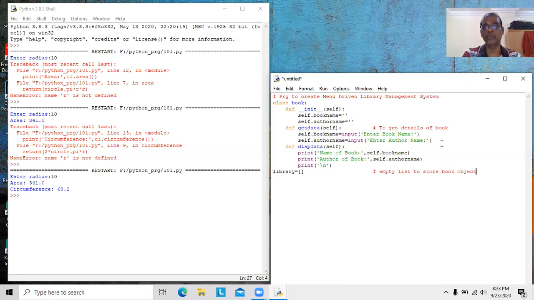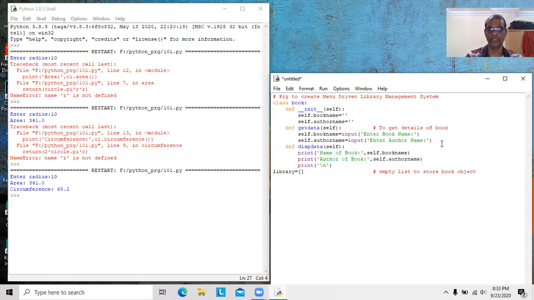While studying sequences, we learned that a list is a collection of elements of different data types. So now in a list, we are able to store an object also. Here I would like to store objects of the class book. Each and every individual book is considered an object. These objects which are created under class book should be stored in the library.